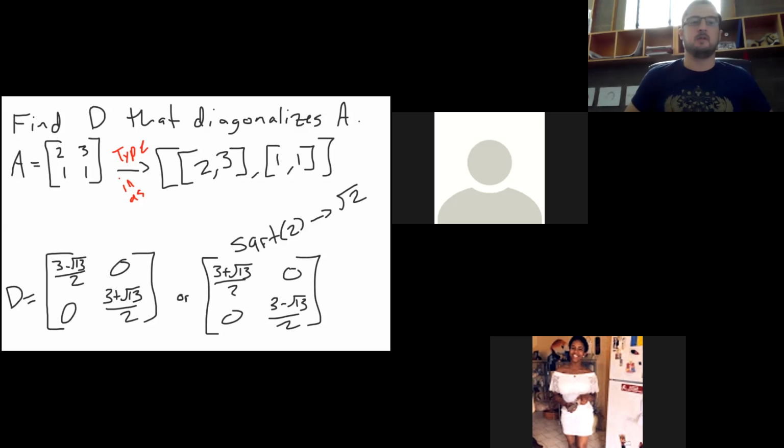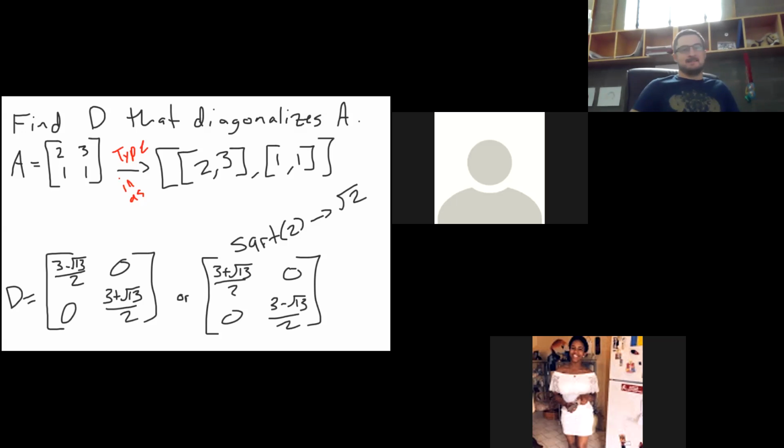Either of those would work. Either of those would be a diagonal matrix D that is similar to A. And so we say it diagonalizes A. Right? And just, again, how we get it, but just for brevity's sake, calculate the determinant of the A minus